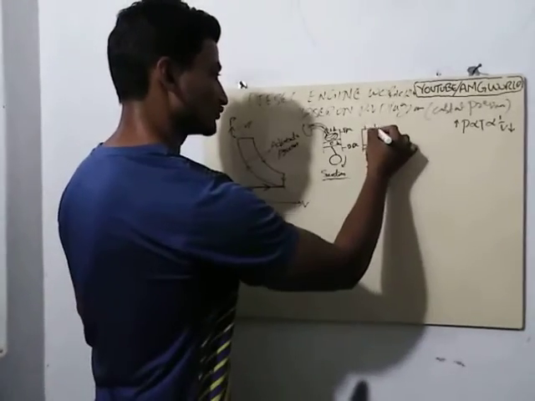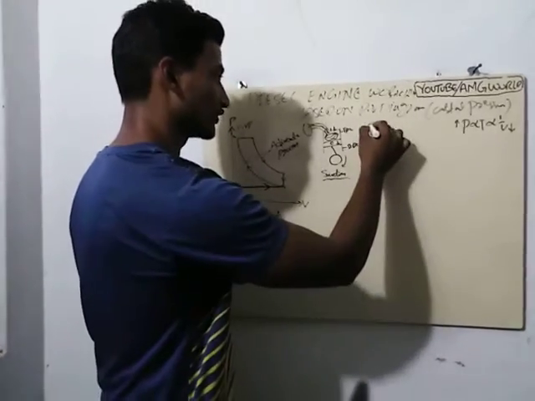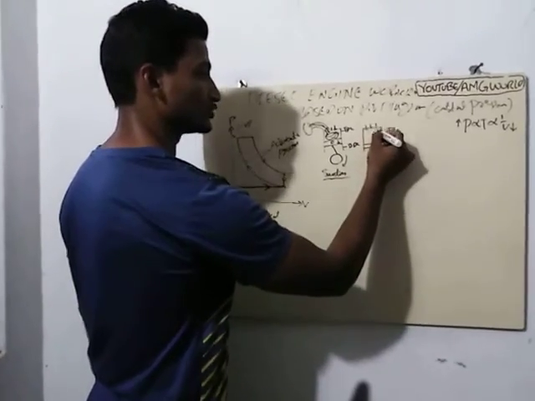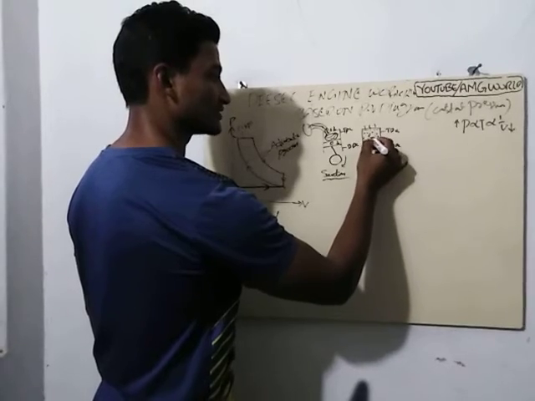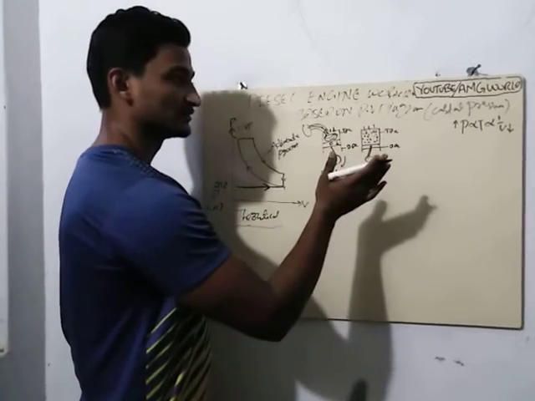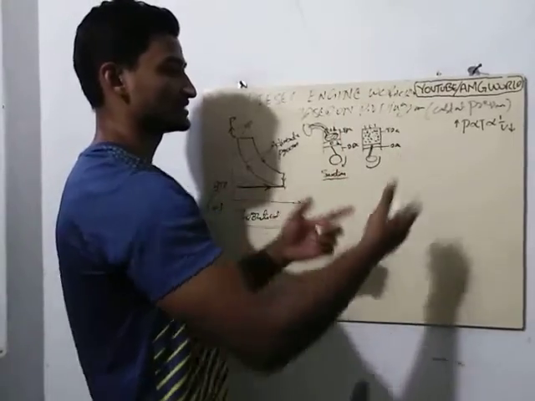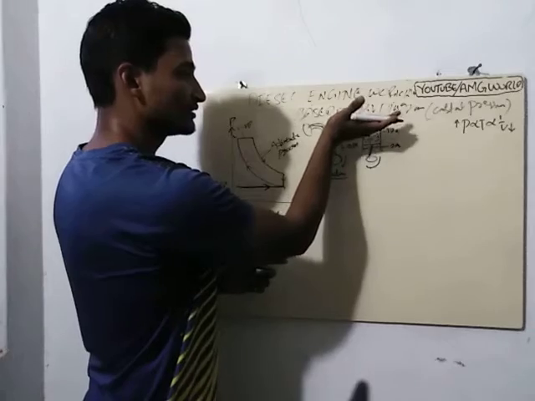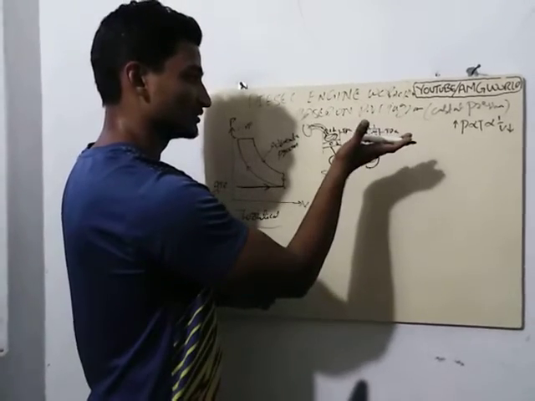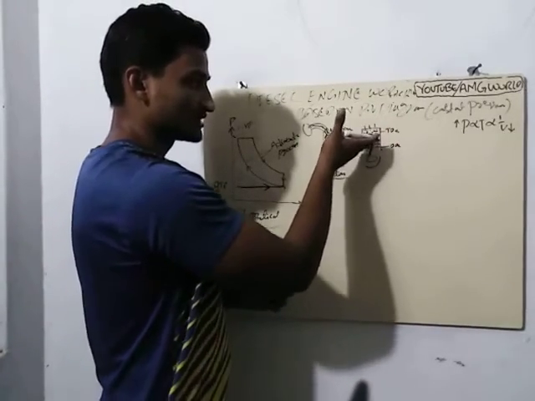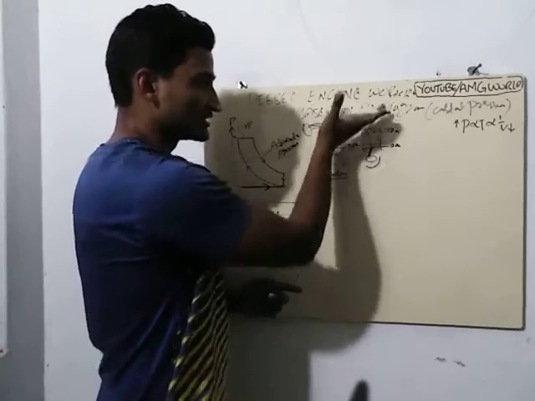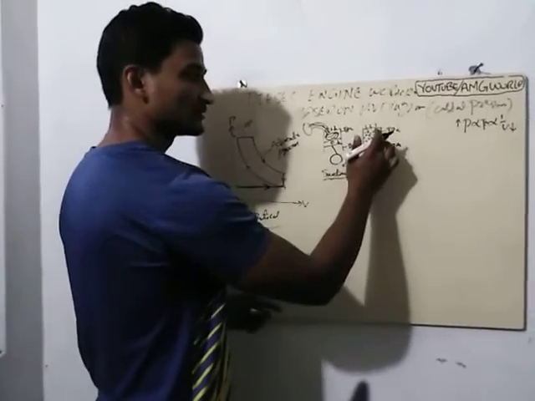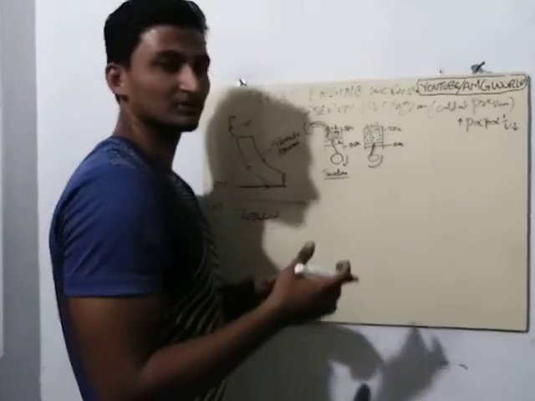In this condition, we have both valves closed and the fuel valve also set to cut off. This means there is no chance for the air already trapped in the engine cylinder to escape, right? Both valves are closed, which means the volume is reducing, and the pressure of the air present in the engine cylinder is going to increase, right? Here P is directly proportional to T, which means this air will get heated up, right?